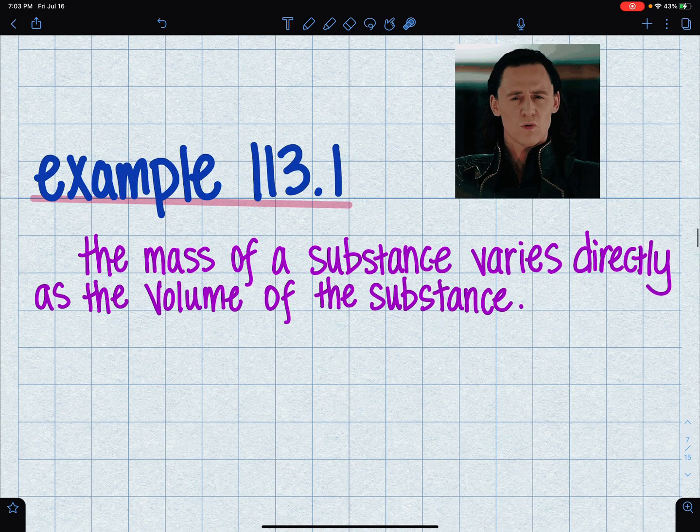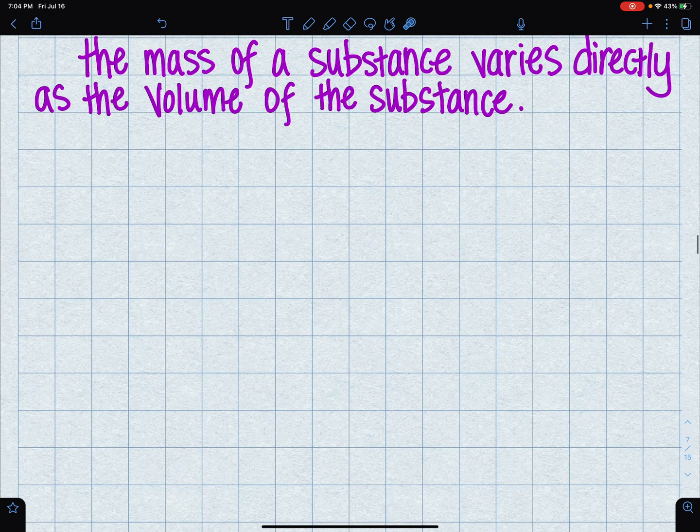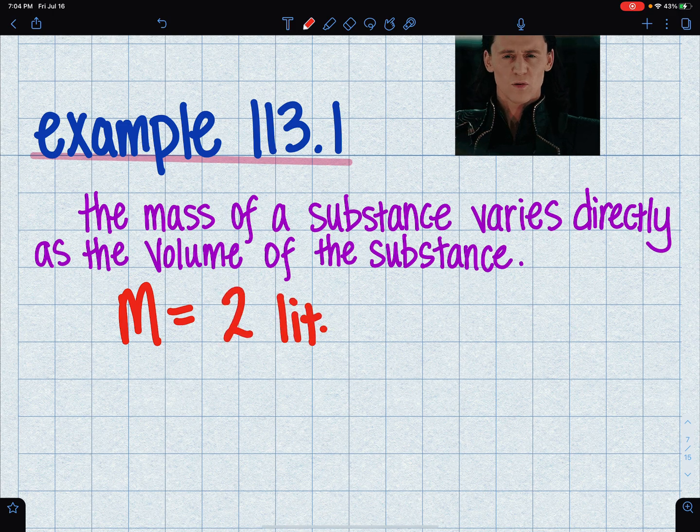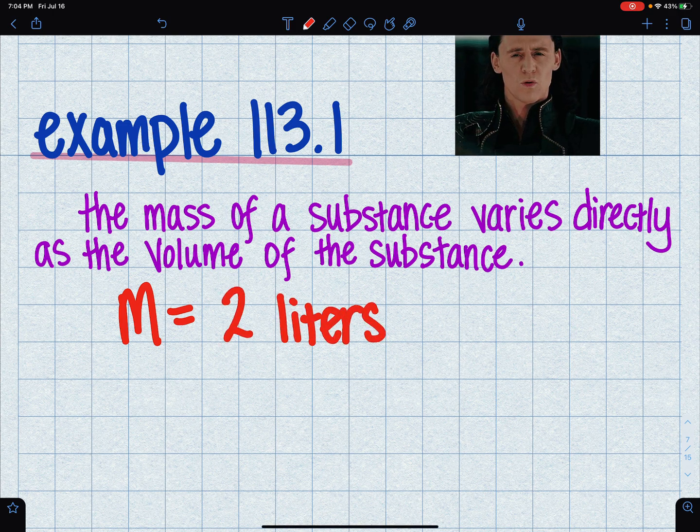Okay? Let's do example 113.1. We'll jump right in, okay? It says, the mass of a substance varies directly as the volume of the substance. I didn't write the whole thing, but then it says, if the mass of 2 liters of the substance is 10 kilograms,